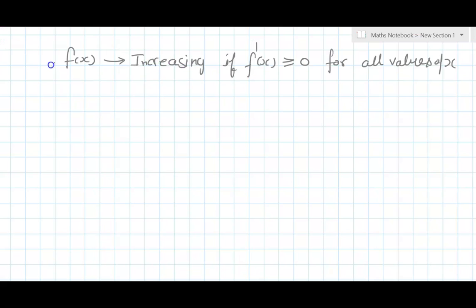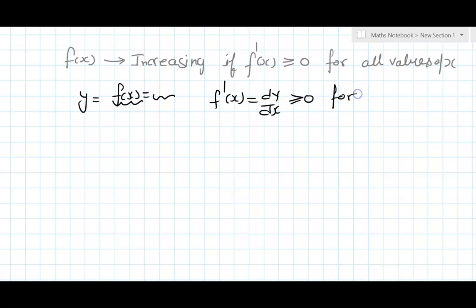It means if y is equal to f(x), you just find f dash x, which is nothing but dy over dx, and if it is greater than and equal to 0 for all values of x, then we can say the function is increasing. This is rule 1, and rule 2,